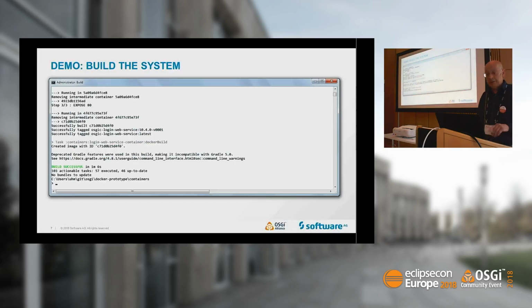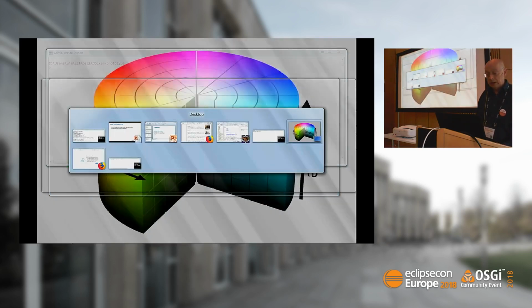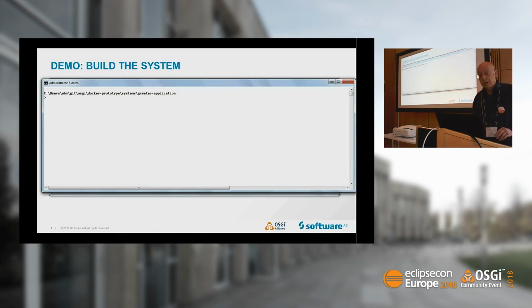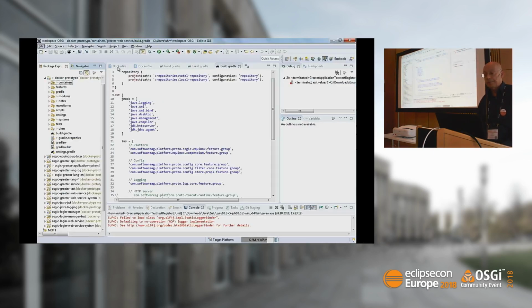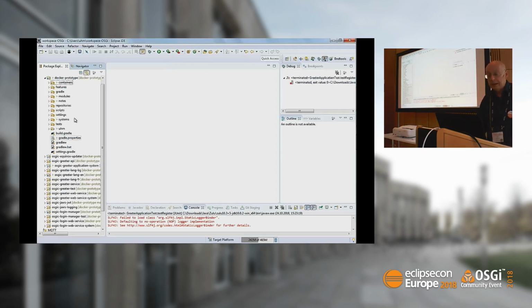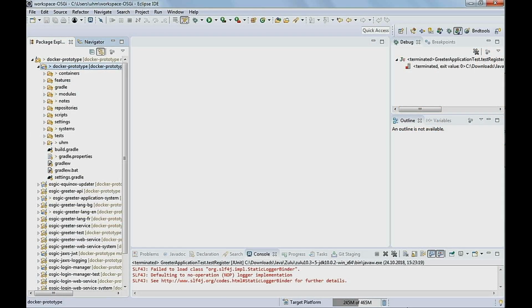So hopefully the build has run successfully. That looks good. I'll go to my workbench and close the editors I have, to start from scratch. So here you see this project, which in some ways is quite complete. It represents most of what you would actually find in a production build, so it's quite close to production.